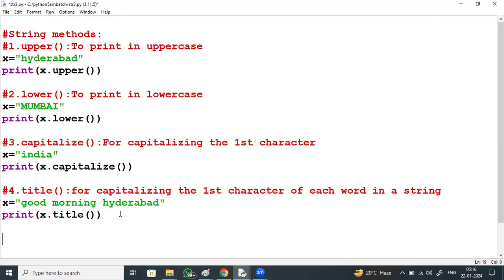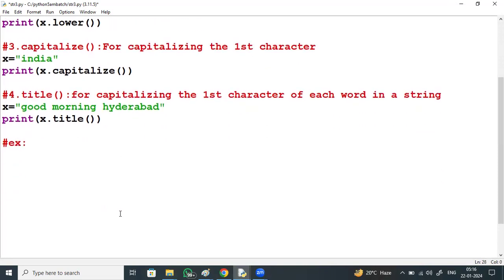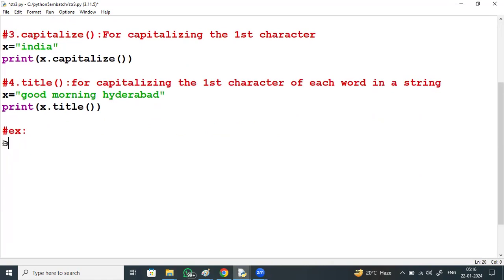One more example here. Where can this title be used? I got some employee names. Rahul, Ajay, Blake, Miller, James, Rohit, Amar. In this way, I got some employee names. Each and every employee name, first character I want in uppercase.